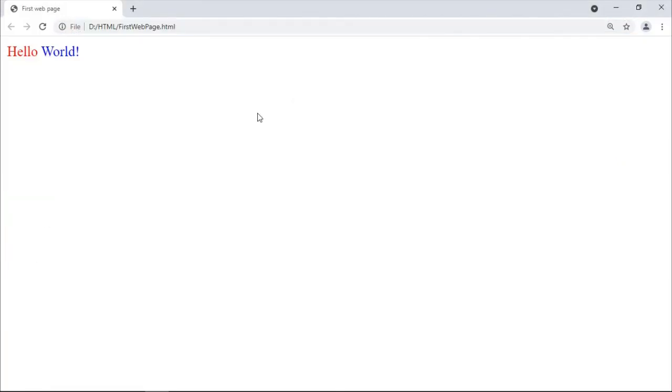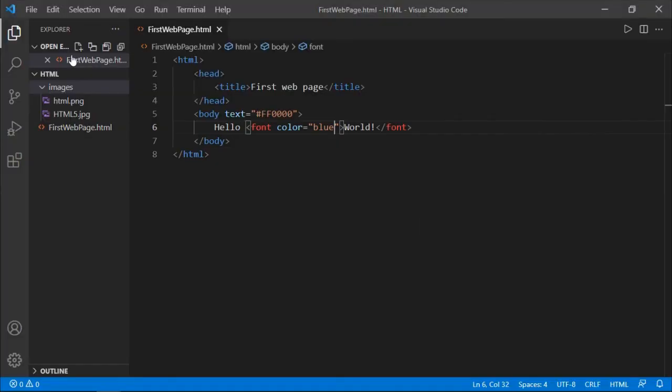Now run this program. See here our body text is displayed in red color, so where you want to change the color of the text, you use a font tag. At the same time, if you want to increase or decrease the size of a particular text, you can use the font tag with an attribute called size.